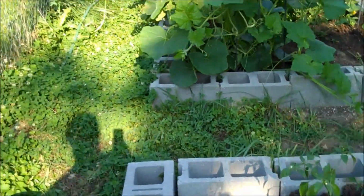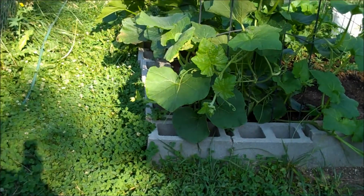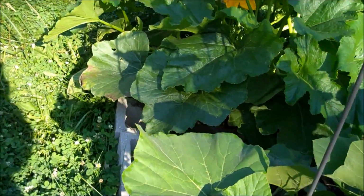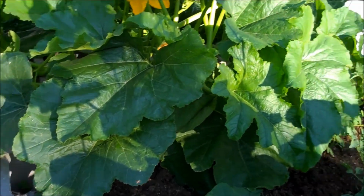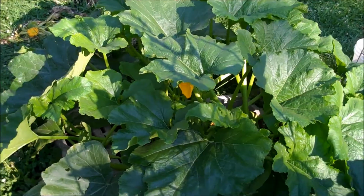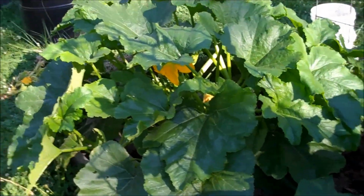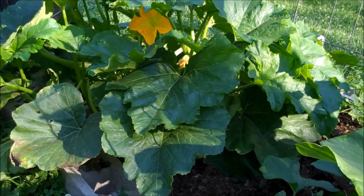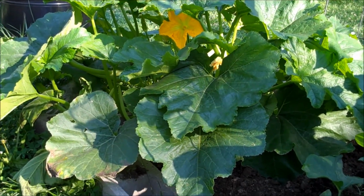The last of the block beds is my favorite, because it has the plants that are doing the best, because they're the plants that I have nothing to do with. This, I can't even get far enough out to get this whole plant. I know it's a squash. I call it the Squashous Mysterious. Squashous Mysterious #1